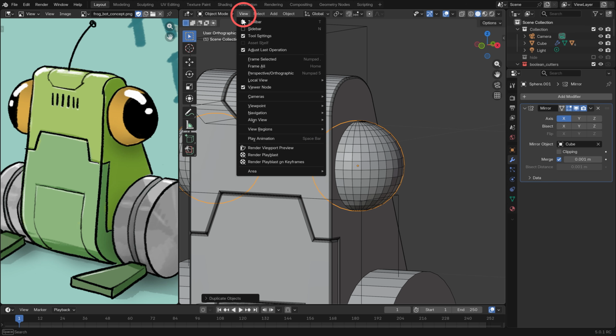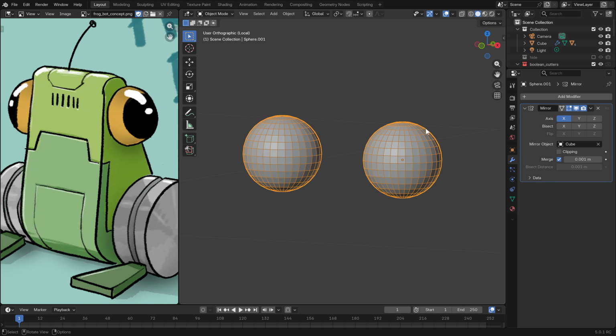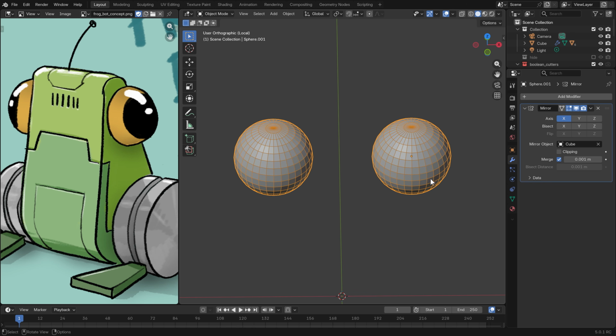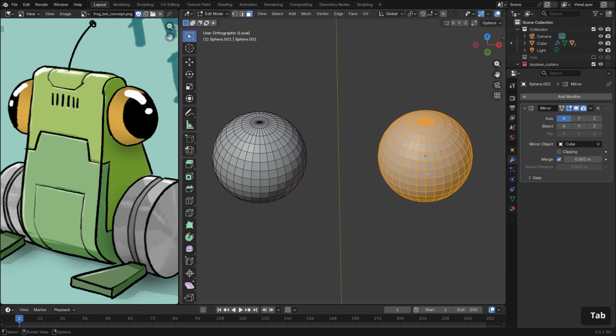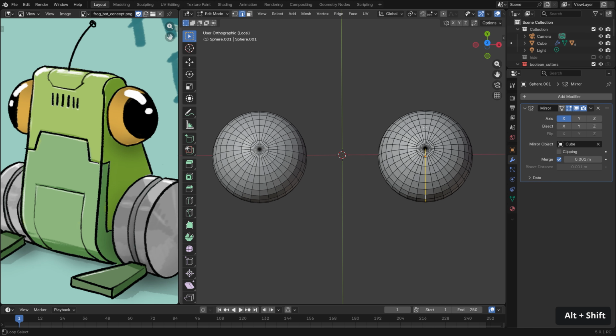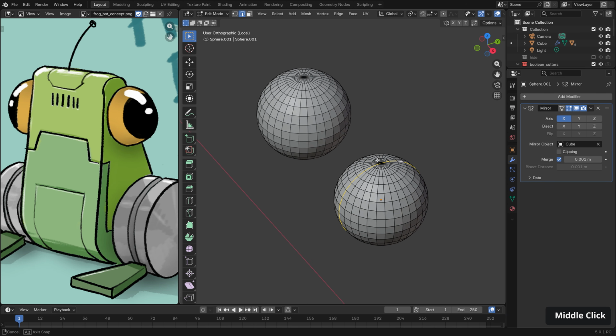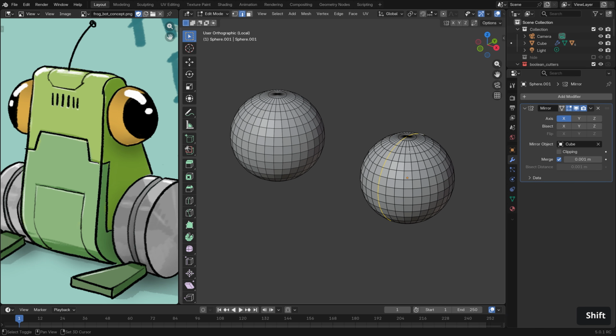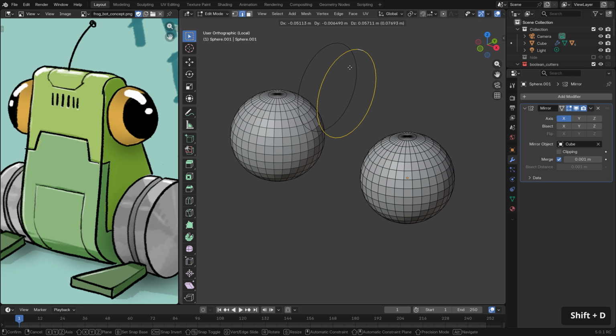This is also available from View, Local View, Toggle Local View. And it doesn't delete any of our geometry, it just temporarily hides it. Now we can jump into edit mode and look at selecting the geometry that would be our cylinder end caps. So for that, we can jump into edge mode, Alt and left click one side of the sphere, Shift and Alt click the opposing side of the sphere, and then Shift and D to duplicate that edge, and right click